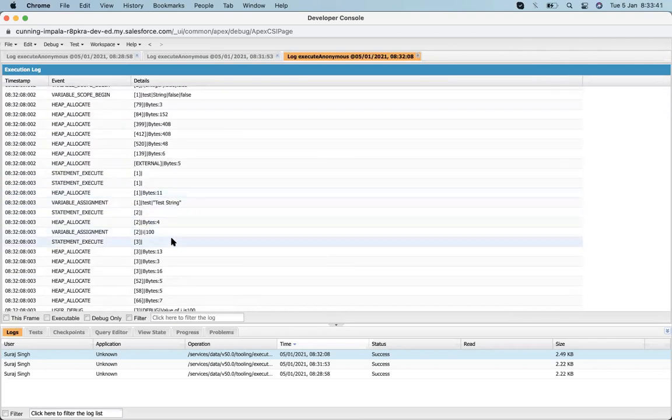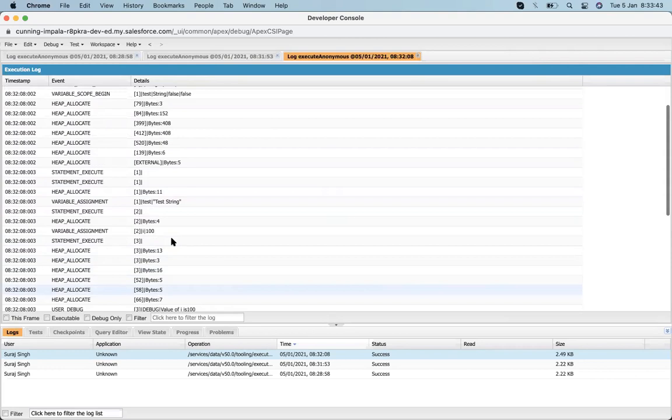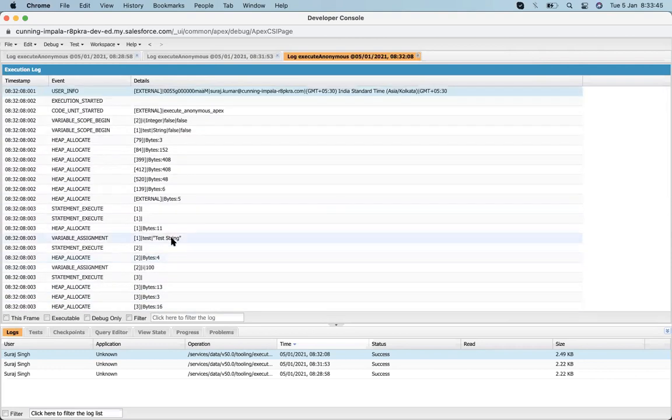So if you're able to read the logs, it makes it easy. Whenever you do anything, just go and check what is happening in the log. If you write a single piece of code, just execute that code and then go to the log and check what is happening. If you want to be a developer, you have to make that a habit, because log reading is a very important thing, and it should start at the beginning when you start coding.